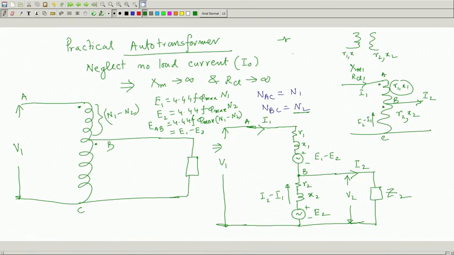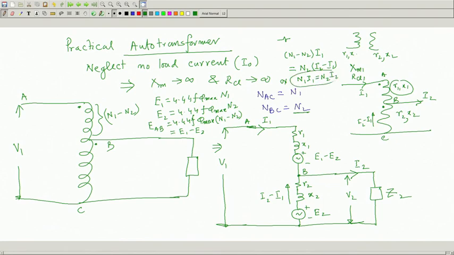So, N 1 minus N 2 into I 1 must be balanced off this current through the dot, this current is I 2 minus I 1, it must be equal to N 2 into I 2 minus I 1, that remains, there is no doubt about that. And this means minus N 2 I 1 cancels off from both sides, is not, this is I 1. So, this also means N 1 I 1 is equal to N 2 I 2.